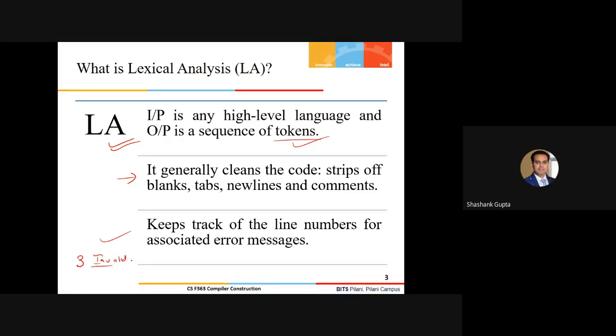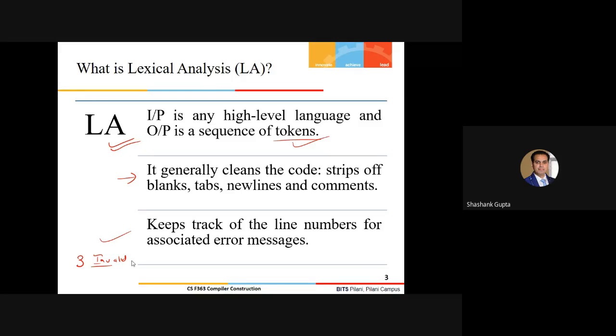For that, someone has to keep track of the line numbers to generate the error messages whenever your lexer generates an invalid set of tokens. So these are some of the activities which should be seen as the output of the lexical analyzer.